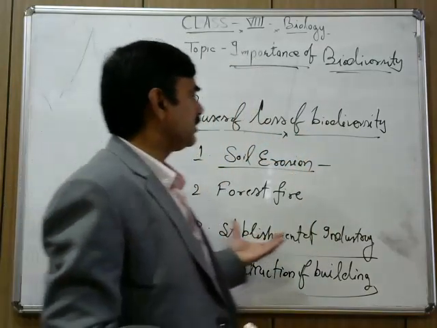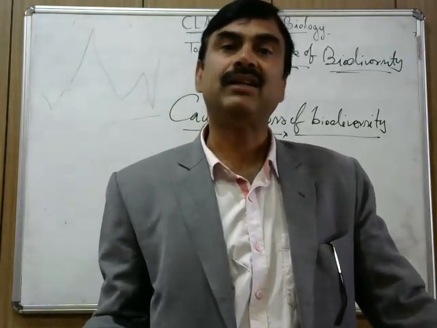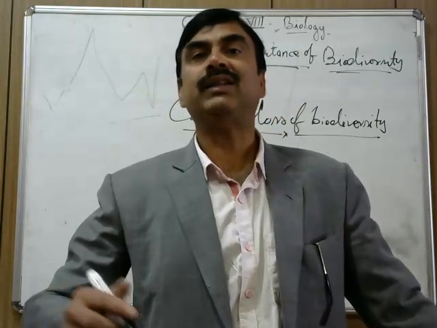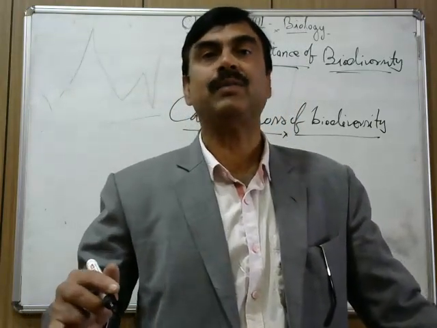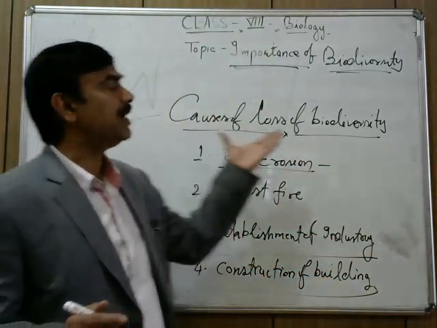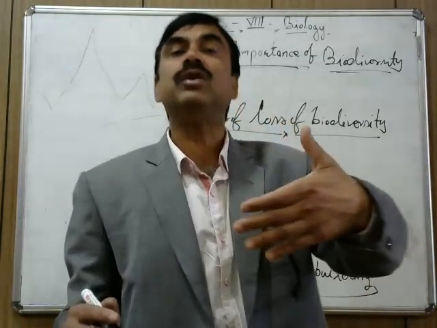Then establishment of industry: some industries require space, and for that we cut our trees, we develop industry, we construct buildings. So there are 3-4 important reasons behind this biodiversity loss, and that is why the government is going to